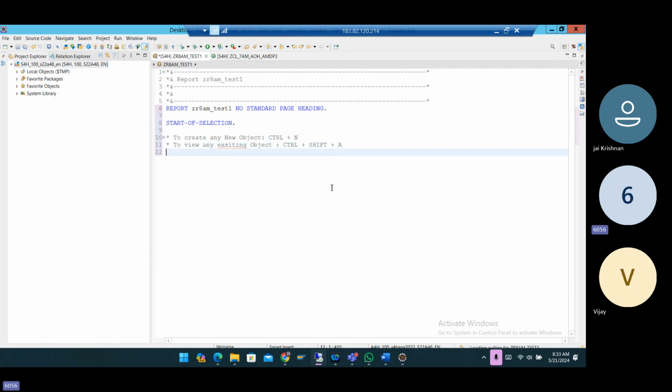Now, if you want to do your pretty printer, it's shift plus F1, the same command you want to do. If you want a syntax check, it is control plus F2. If you want to activate an object, it's control plus F3. If you want to activate multiple objects,